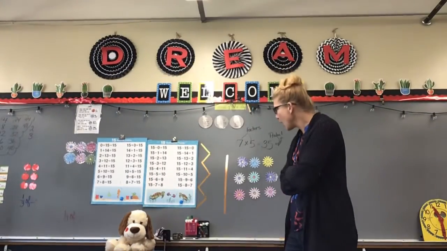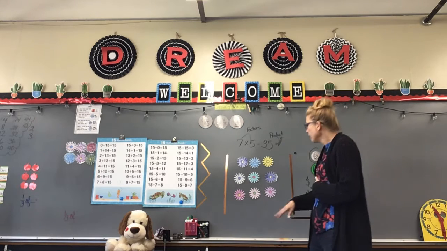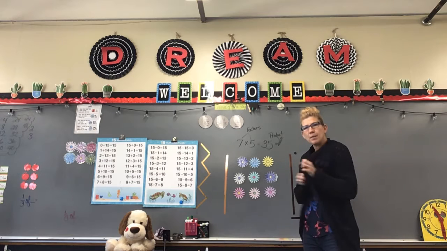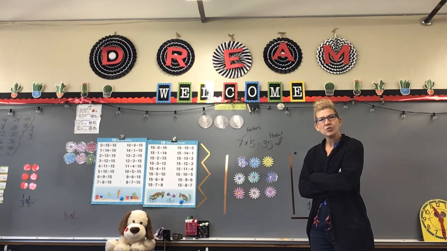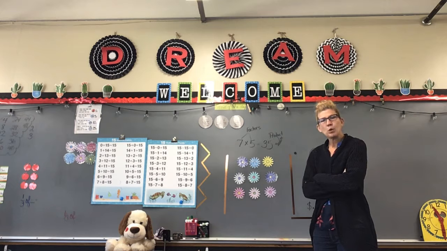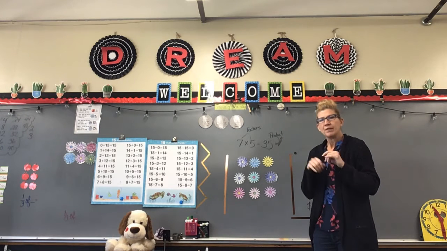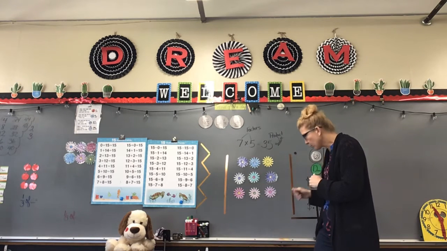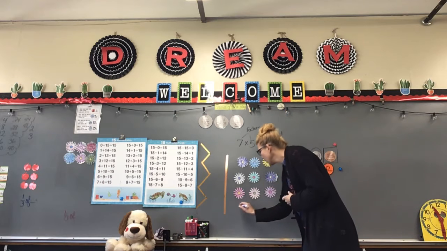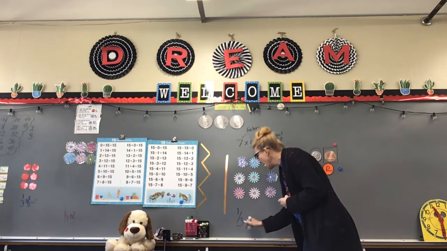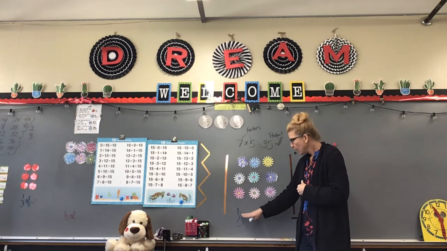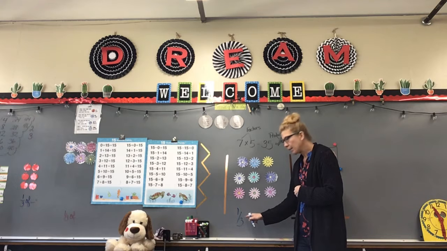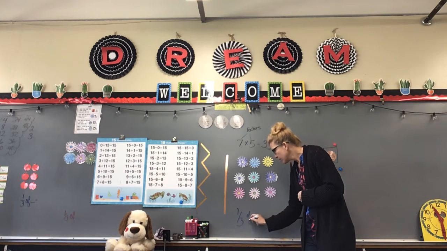All right. Now, we have been discussing finding a third of a group. You'll notice on your page there that they have some mugs that they've given to you, and they've asked you to find a third of it. Now remember, when we want to find a third of something, they want you to put the items into 3 different groups. So they have the fraction 1/3. And that means that there are 3 groups, but we want to know how much would be in one of the groups. So you would want to write on your paper 1/3 of,